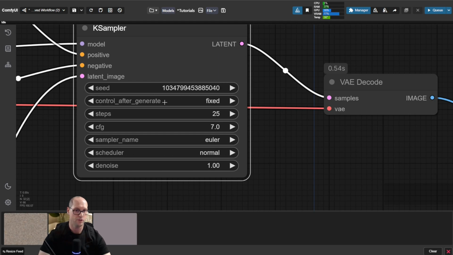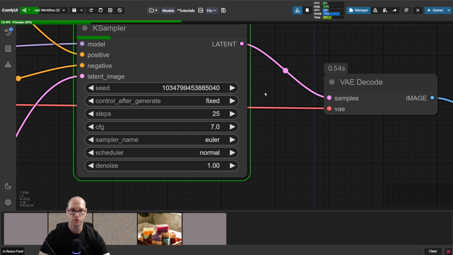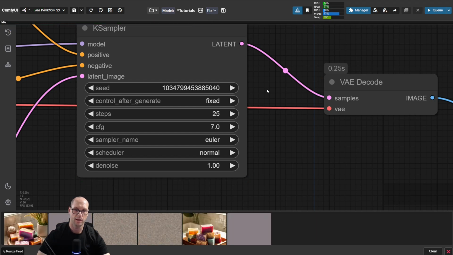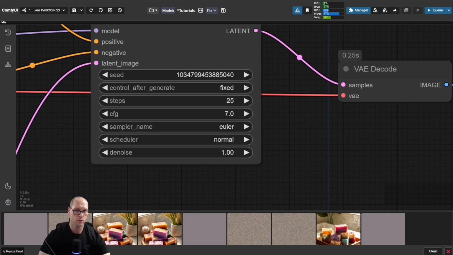Now, the control after generate, the word after is crucial. Why? When I'm doing fix, we have a couple of values. Let's start with fix. Fix will give me the same value over and over, and I will never have anything change at all. So I'm now on 40. Click it again. I'm still on 40. It will never change. Now, if I select increment,